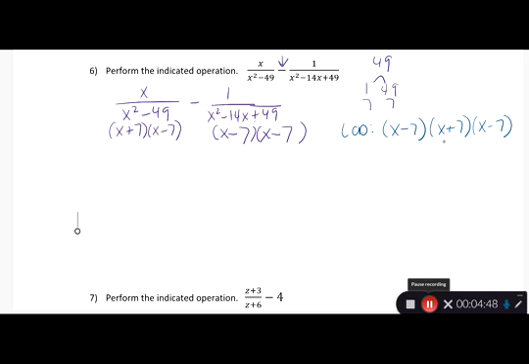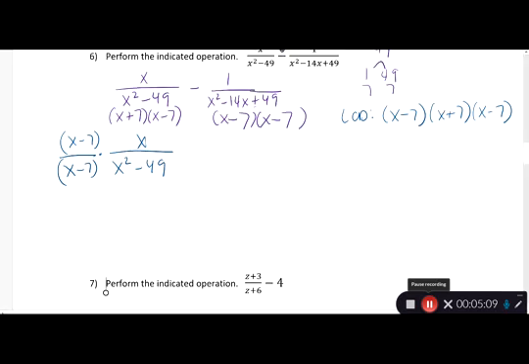Next to the cube, I just would write it like this. So what we need to do, though, is see, looking at the first one, has x plus 7, x minus 7, what is it missing? An x minus 7. So I'm going to take the first fraction times an x minus 7 over x minus 7. Because remember that anything over itself is equal to 1. The next one, the other fraction, has the x minus 7 times x minus 7, right? So we're looking for the x plus 7 on this one. So we're going to multiply by an x plus 7 over x plus 7,